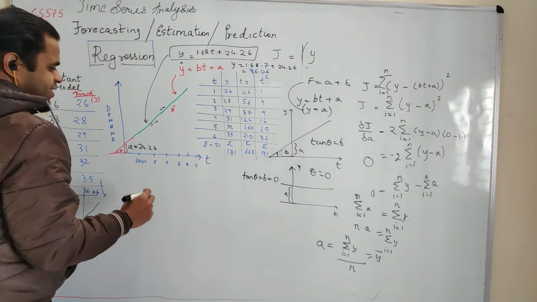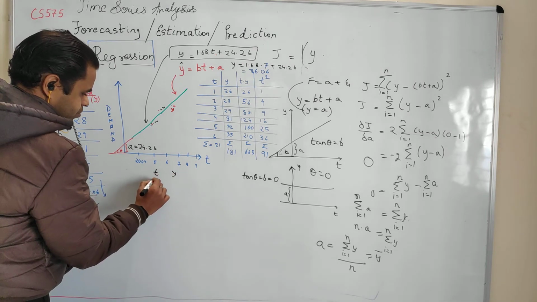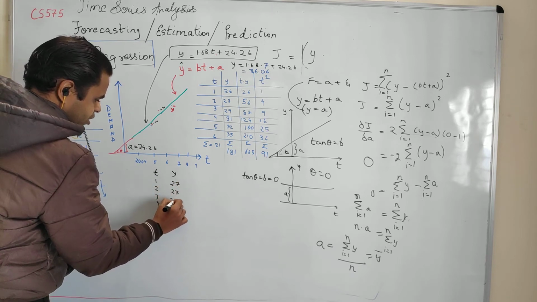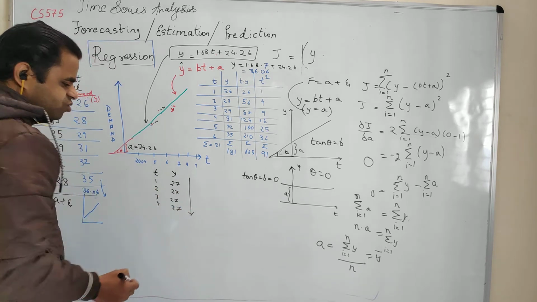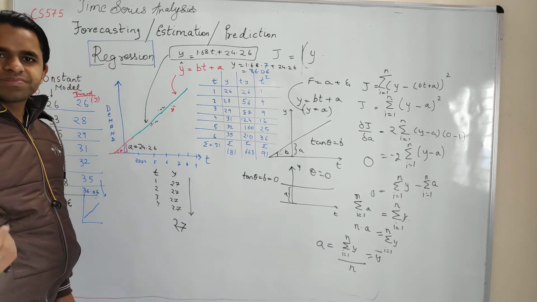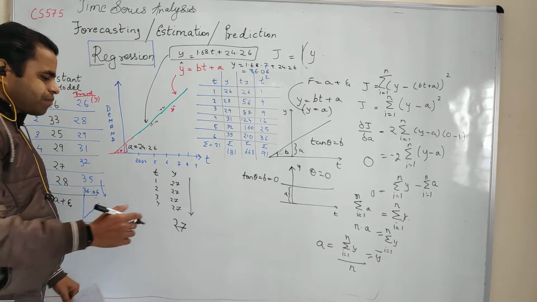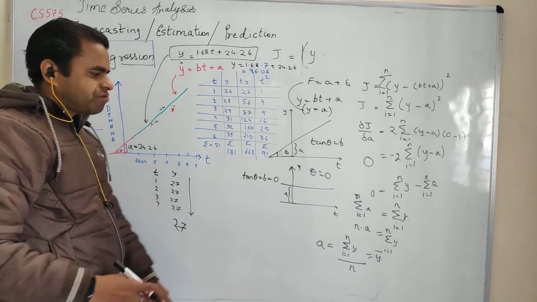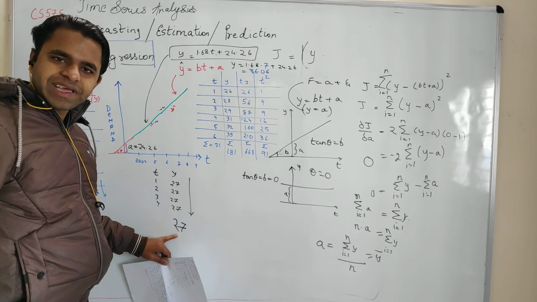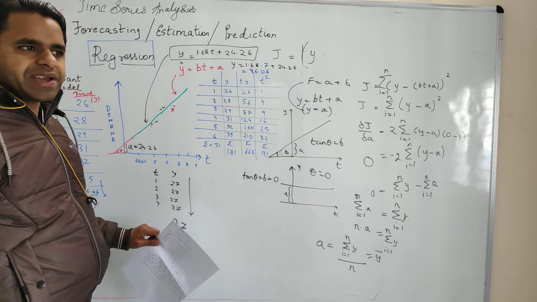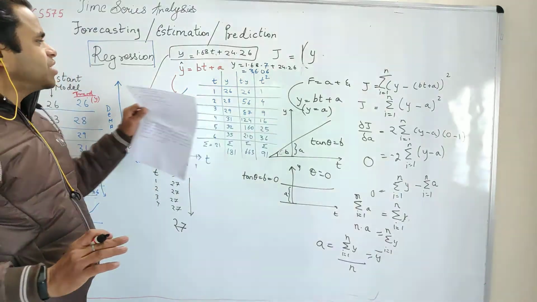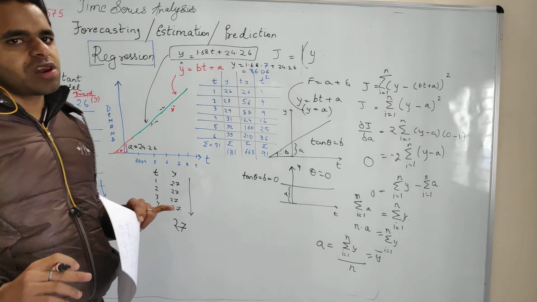Because assume you have a data set like this. We have a time and we have a y: 1, 2, 3, 4. Assume all the values are 27, 27, 27. Then do you actually need a model here? No, you do not need one. The next value again will be 27. So the average of this is 27. When we take a simple average and predict using linear regression, it will again come to this mean value, which is again 27. Even if you take Holt's model, it will be this value only. So this is how using linear regression you can predict a constant model also.